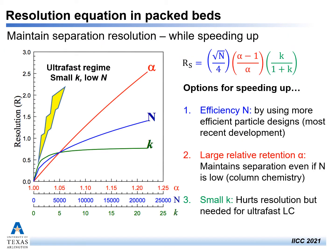How can analytical chemists help to speed up things? We have to go back to the theory, and learn from the resolution equation, which has 3 factors. The number of theoretical plates, which is N, and you can see in the graph that N has a square root dependence, and